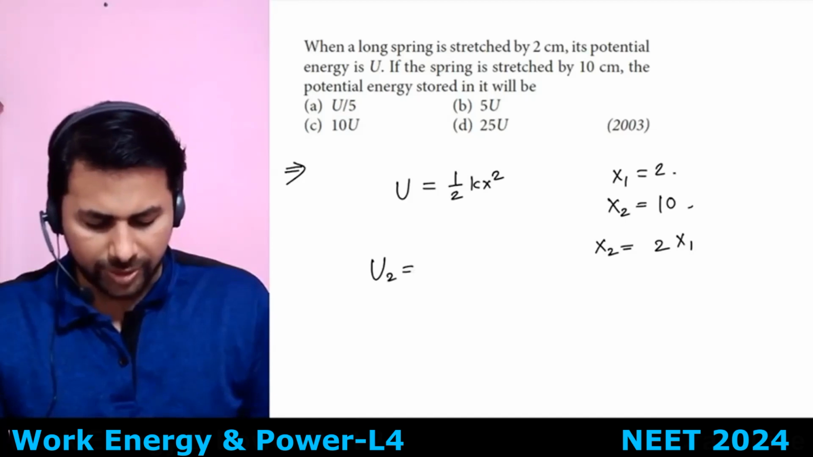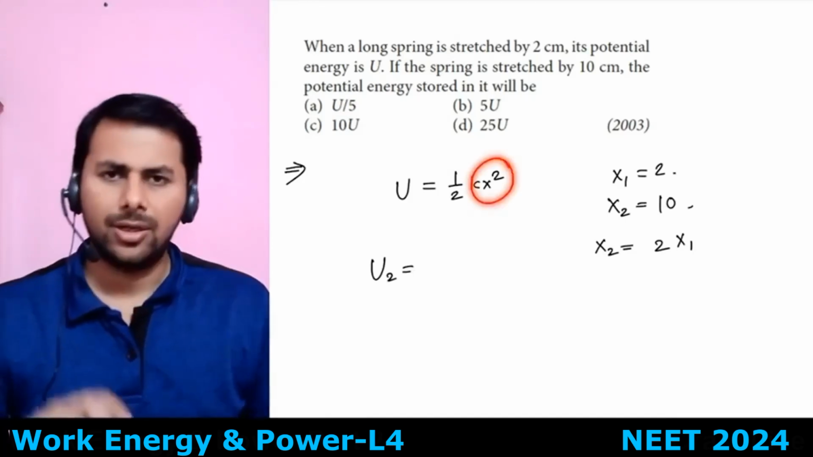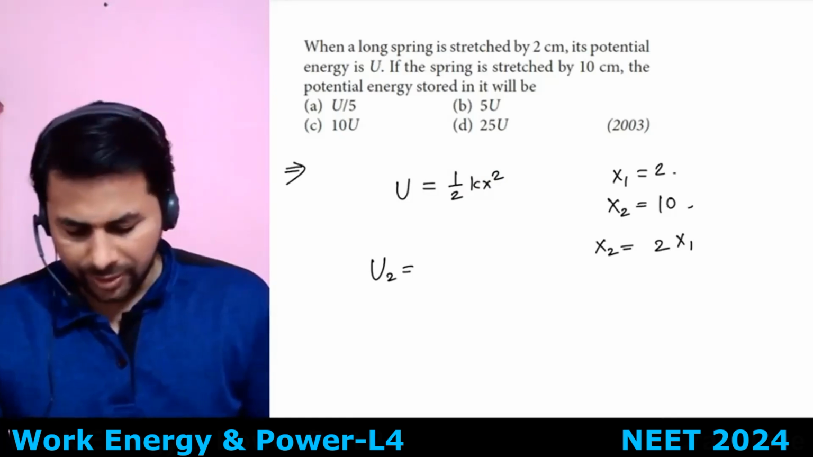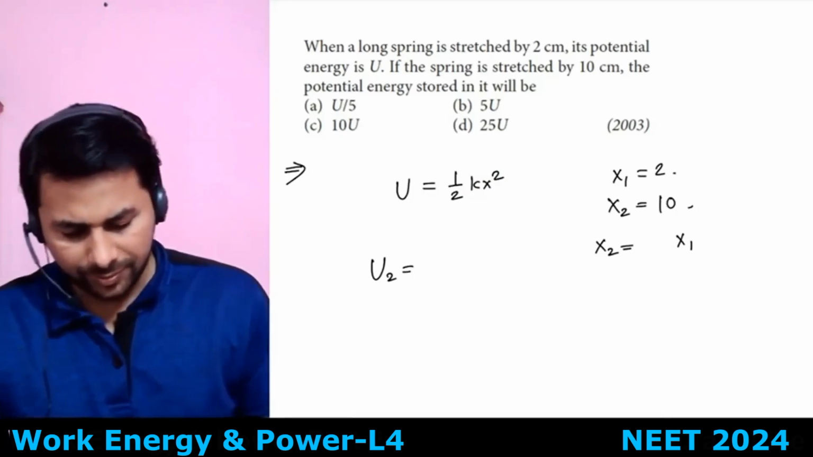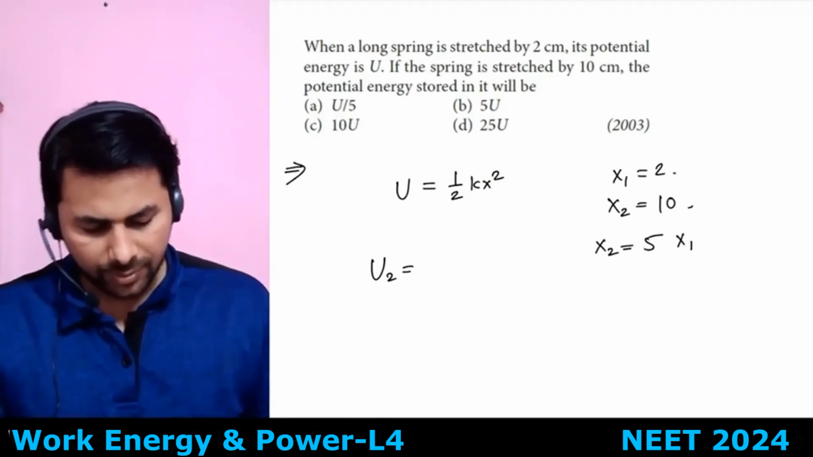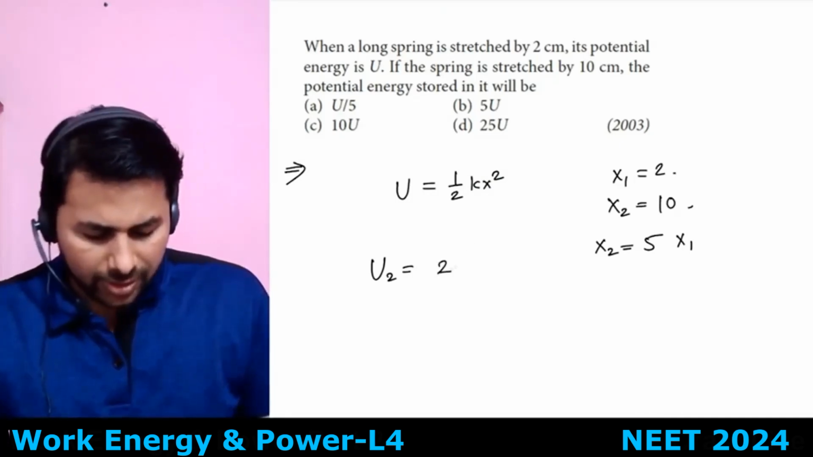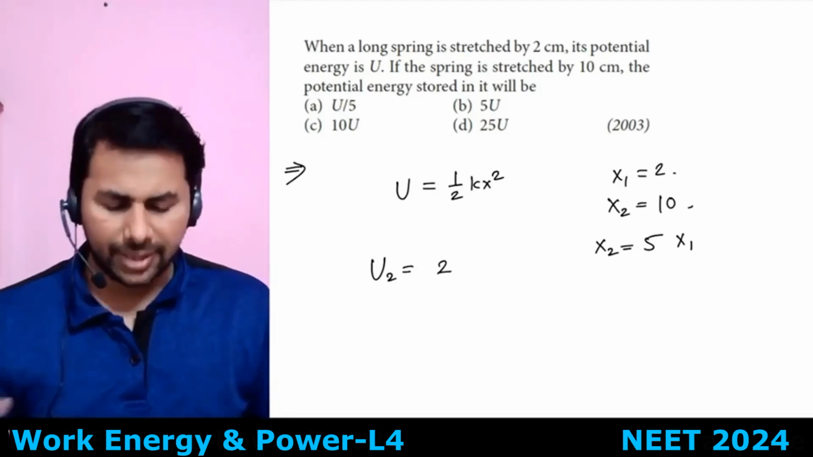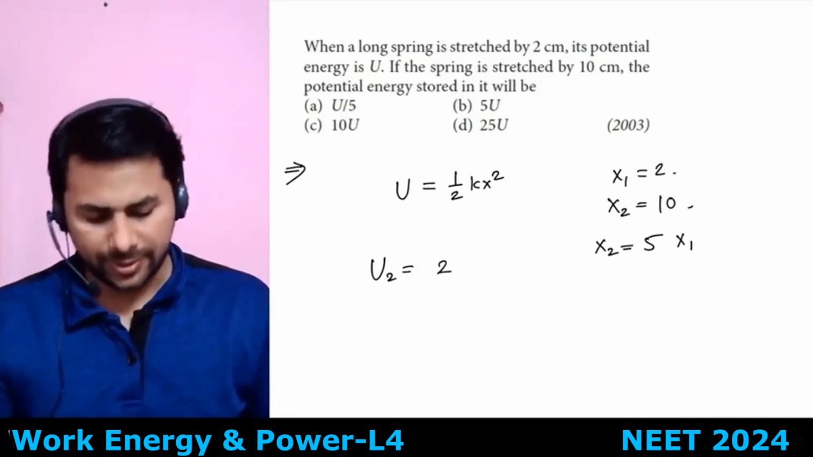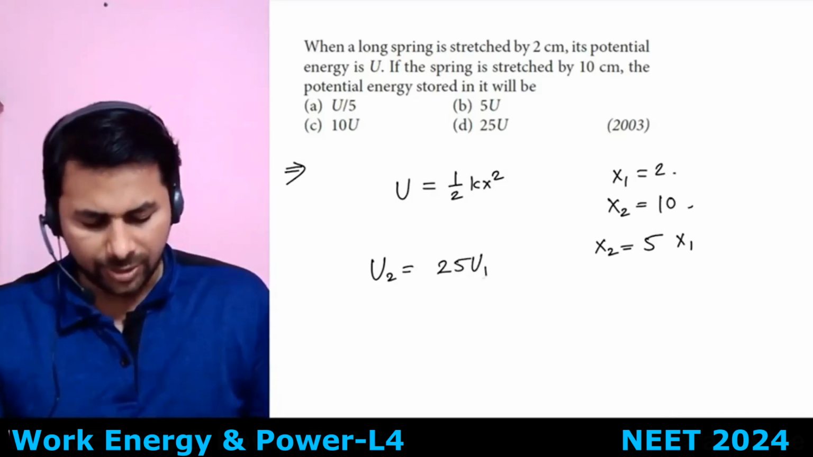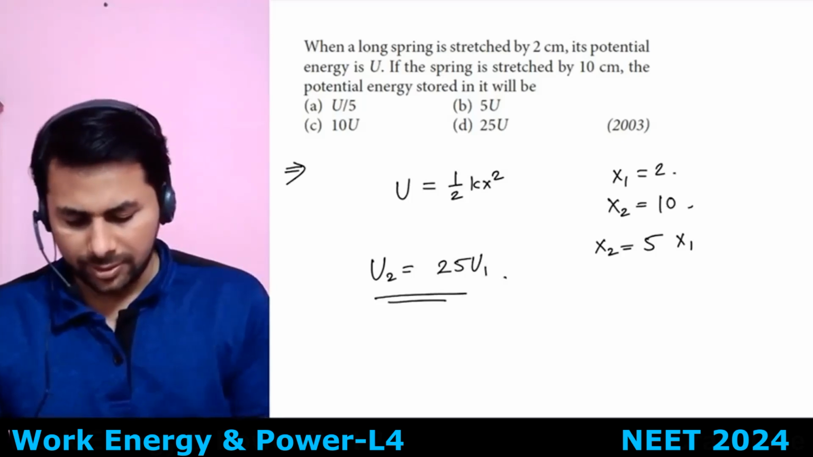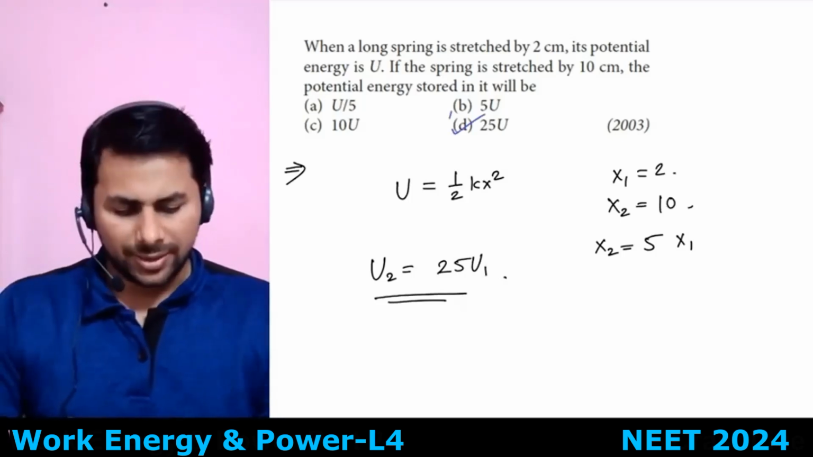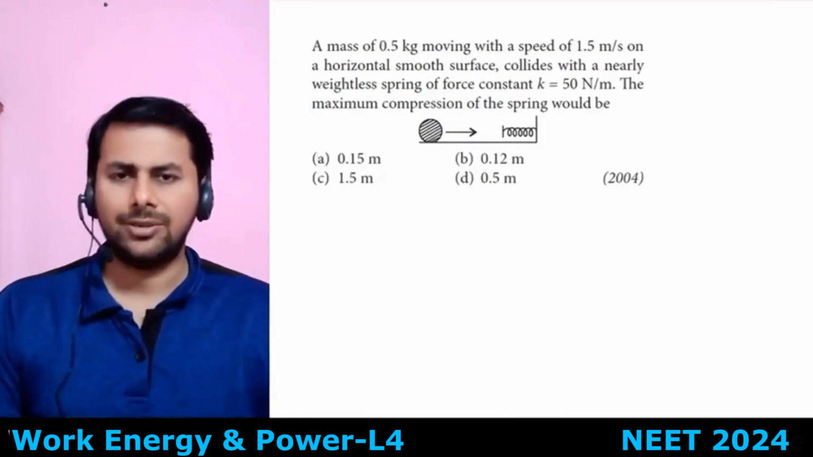So x2 is equal to 5 times x1, because U is directly proportional to x square. So u2 will be 5 square times u1, so it is 25 times u1. So this is the answer, option D. All right. Next one,